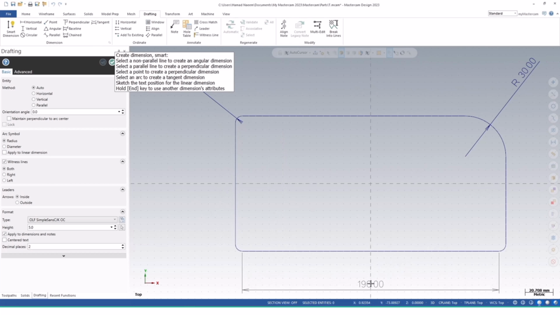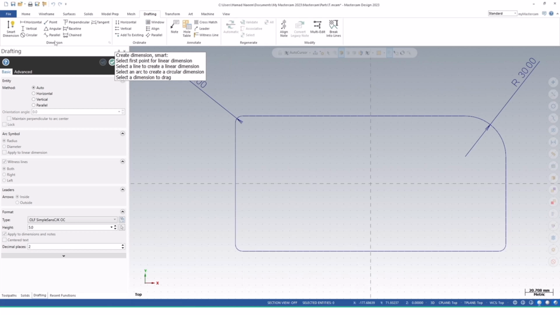So this is 190. Let me select another. Go to select the horizontal. And this one is the 90. Or we can say that we're going to select the point-based system. This point and